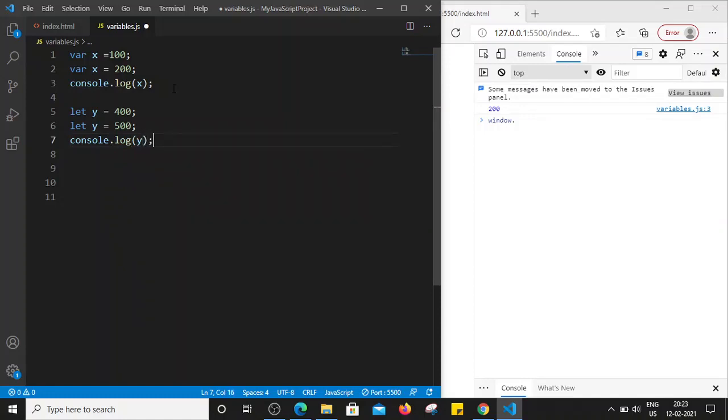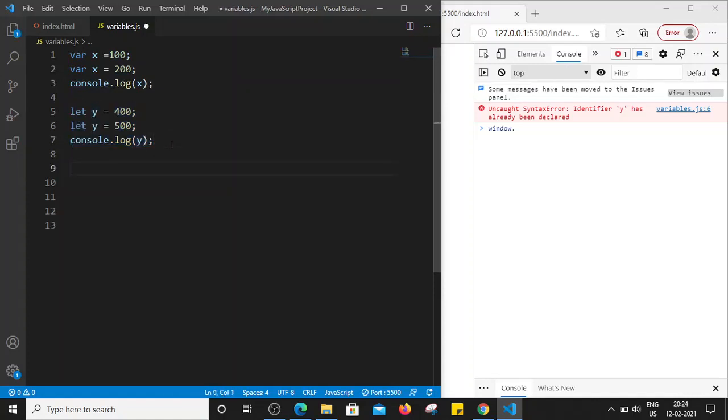Semicolon, and I'm saving the file now. Control S. See, it's now giving the error: identifier y has already been declared. So in case of var it's valid, but in case of let, we cannot redeclare the variable, right?